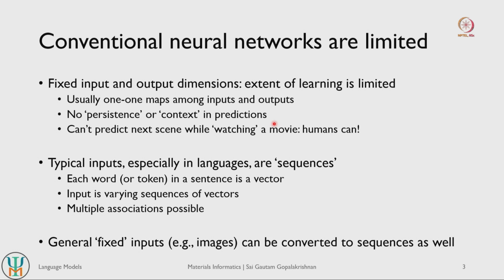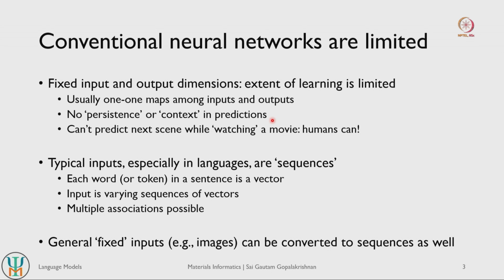Especially movies that follow a certain template, we can almost always predict what the next scenes are going to be, how this character is going to evolve and so on. This is an ability that humans have, and humans have this ability because we have persistence. So we do take into account all the movies that we have seen before. We have seen different character evolutions before. So all that information is stored within our brain, within our neural networks, and that gives us context to predict what is going to happen in a scenario that is very similar to what we have seen before. So this kind of context based or memory based prediction is very difficult for